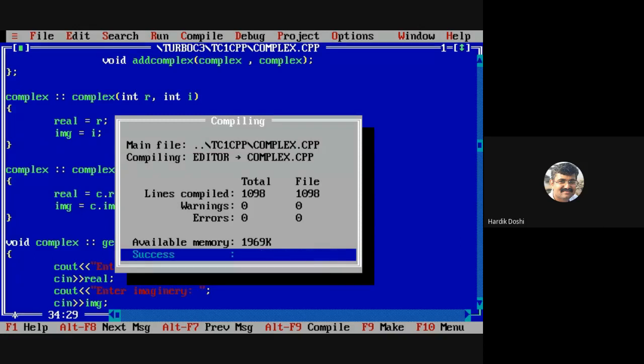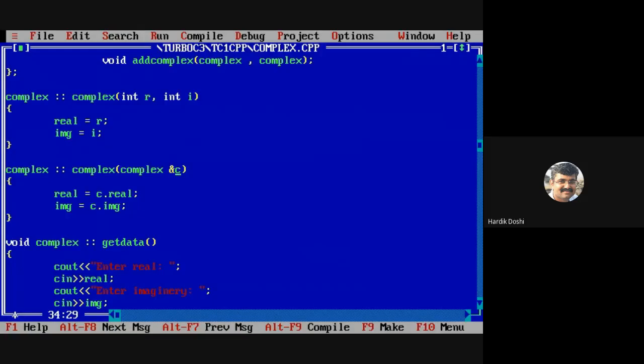What are we copying to what? We are copying C1 to C2. Copied. Both are same. Sir, what did you do by writing ampersand? Why did you write ampersand?